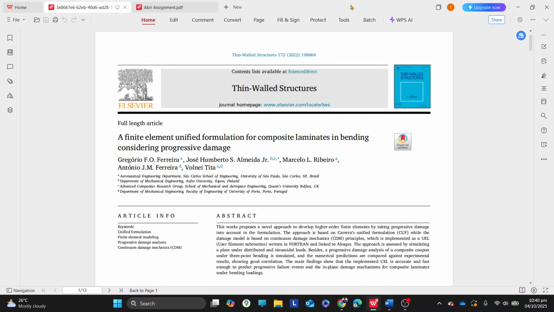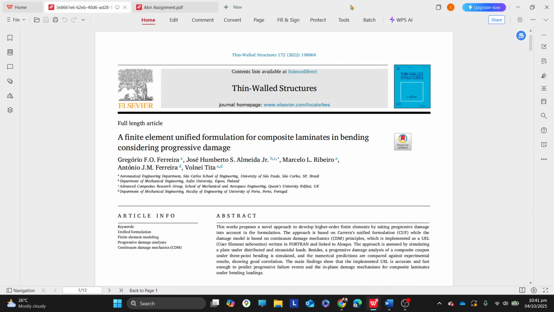Good evening. Today I'll be presenting a summary of an important research paper by Ferreira and colleagues, published in 2022, which introduces a new computational framework for analyzing composite laminates. The title of the paper is "A Finite Element Unified Formulation for Composite Laminates in Bending Considering Progressive Damage." The work focuses on composite laminates, which are materials widely used in aerospace, automotive, and renewable energy